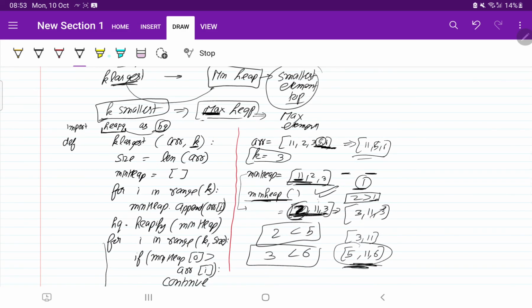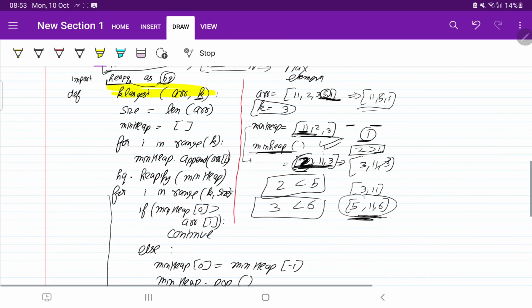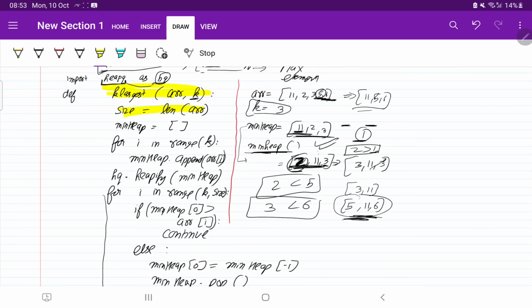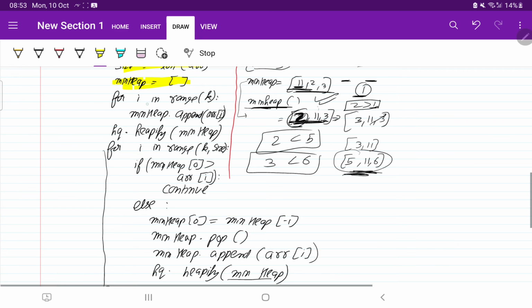So again I am going to explain to you. First of all, we have written what are the things that are required, then we calculate the size, then a min heap, then we have used the for loop for k elements and we directly inserted them, then we use the heapify function, such that we can get the minimum element at the top. Now for the rest of the elements we have applied the condition that if the top element is greater than the element in the array, we don't want to do anything.